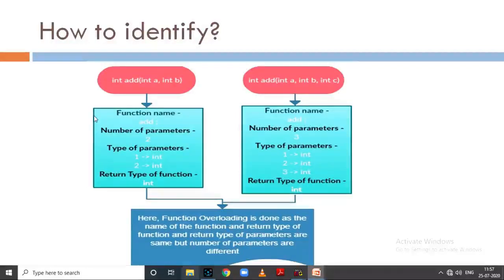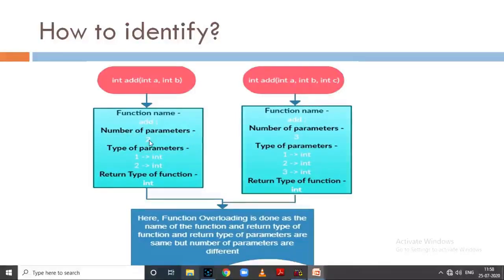This is one more example. The int add function has two arguments here, int a and int b, and the second function definition has three arguments, int a, int b and int c. The function name in both cases is the same, that is add.